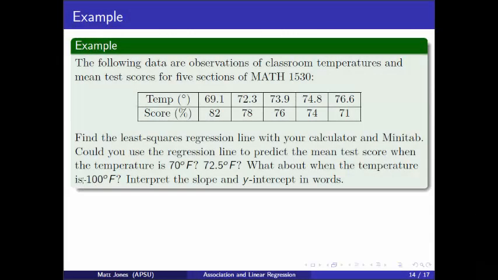Finally, let's do an example. So the following data are some observations of classroom temperatures and mean test scores for 5 sections of Math 1530, the freshman statistics course we teach here at Austin Peay. You see, a few years ago, a couple of my colleagues and I decided to carry out a really mean